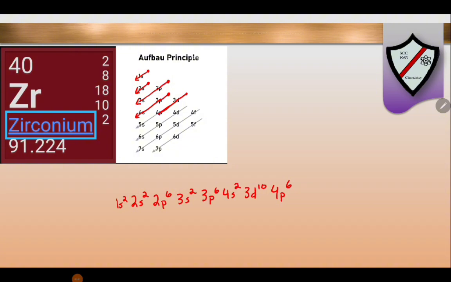Let's recheck: 2, 4, 10, 12, 18, 20, 30, 36 electrons total that we've put in those orbitals, so 4 left. The next one we come to is 5s, but we can only put 2 of those 4 in the 5s orbital. That brings us to the bottom of the arrow, so we will go to the top of the next